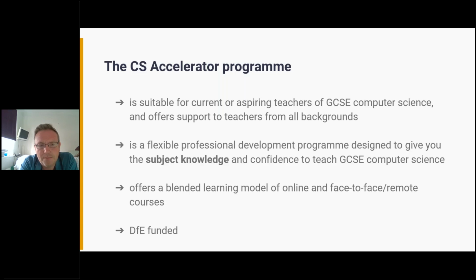And the other thing I think is really important to highlight is the fact that the programme is DFE funded. I think one of the barriers we've actually had to schools engaging with us is that sometimes what we're offering sounds too good to be true, and there's this assumption that there must be a catch. I'll explain the bursaries and so on in a minute that go with the programme. But it is that we need to get more computer science delivered, and we need more computer science teachers to do that. That's the only catch there. This programme exists to achieve that.